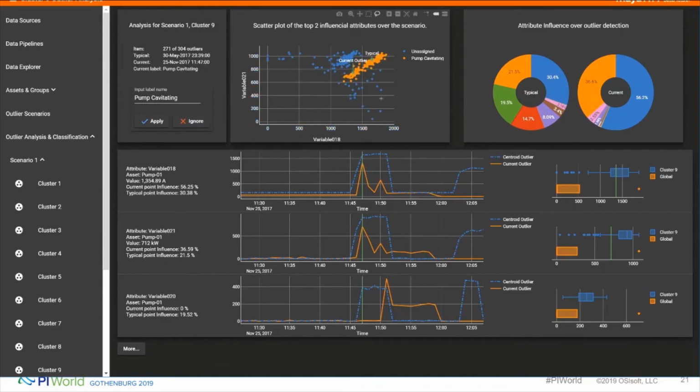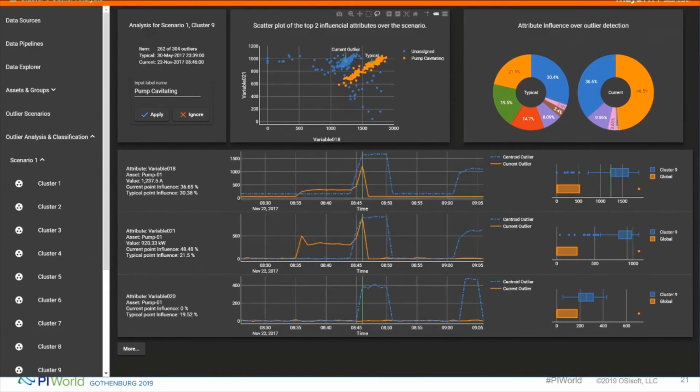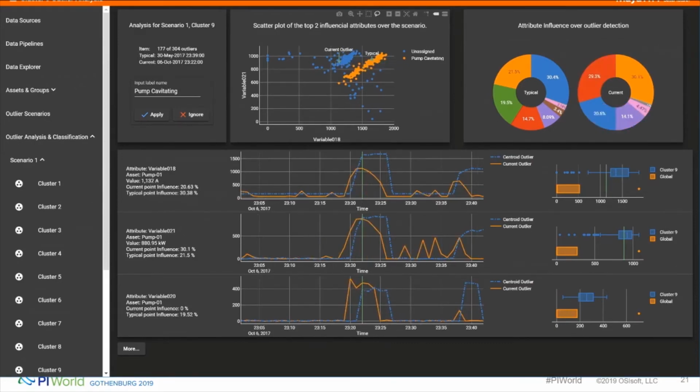You can also identify, like here, it looks like there may be two different clusters. You can actually go in and look at the data from the other cluster as well, and you might identify that this may be a slightly different issue. And so you can go in and add a different tag to those issues. And so the goal is to make it very, very easy to tag large numbers of outliers that look to be the same in a very simple, quick operation.